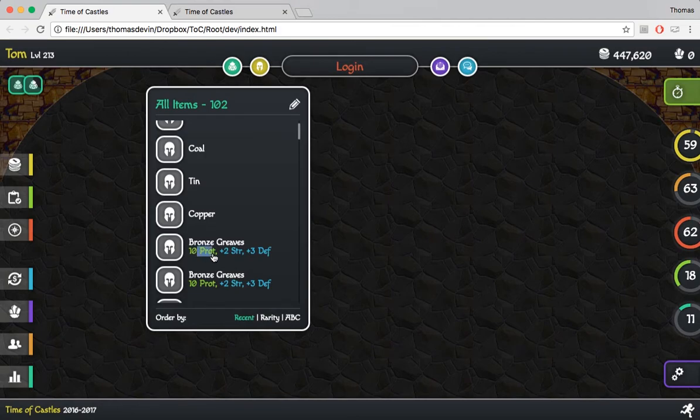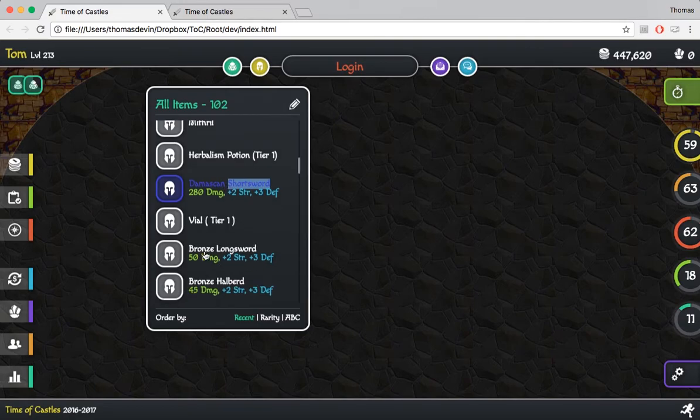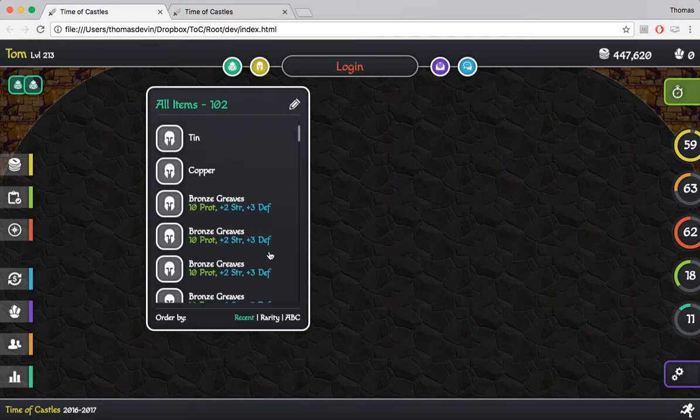So we have protection here for the gear, and if we scroll down, we'll see we have DMG for our short sword and all of our weapons in this case. So it's starting to come along pretty nicely. So the next thing and the last thing we want to do here is set up the